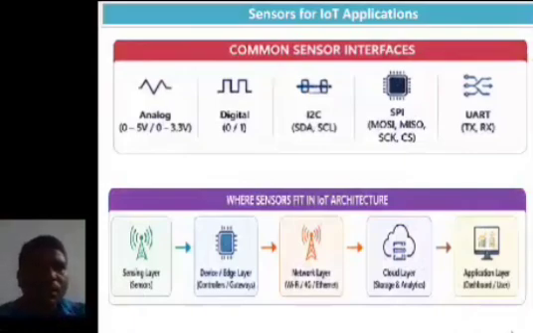So far we have discussed what is meant by a sensor, the types of sensors, characteristics, and some applications. From this, sensors are the most important part of any IoT system. They collect real world data and make smart systems possible. So without sensors, IoT cannot exist. So in upcoming videos,